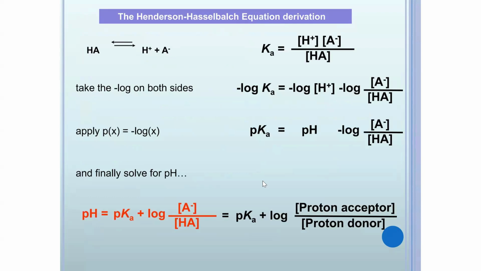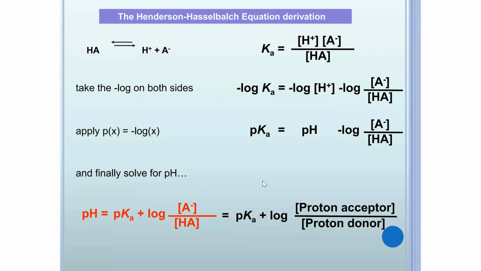And this is how it started: when you have an acid, it hydrolyzes to produce hydrogen ion plus the anions. Then we express it with a dissociation constant. Remember that the equilibrium constant measures the concentration of the products divided by the concentration of the reactant. So we have the hydrogen ion concentration, and we have our anions as A minus. Then at the end, logarithm or log is added to both sides of the equation, and that is how we arrive at pKa is equal to pH minus log of